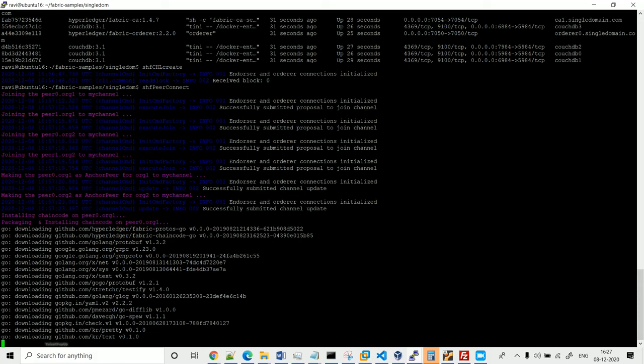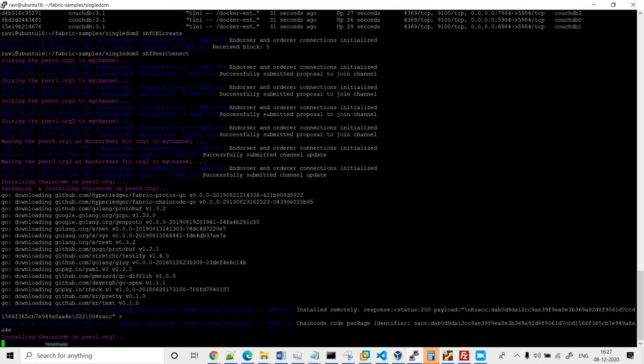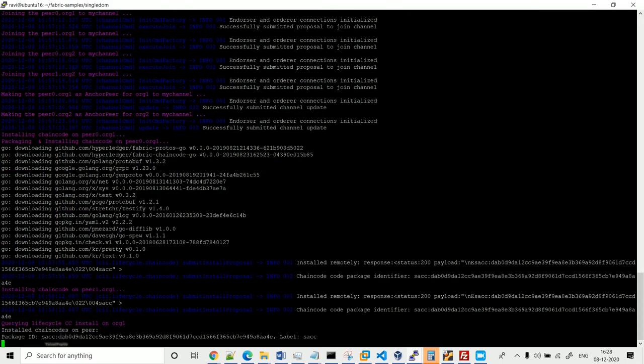Okay, so it's done now, installed, and you can see the chaincode querying the lifecycle on org1. So you can see that the process gets labeled as SACC.